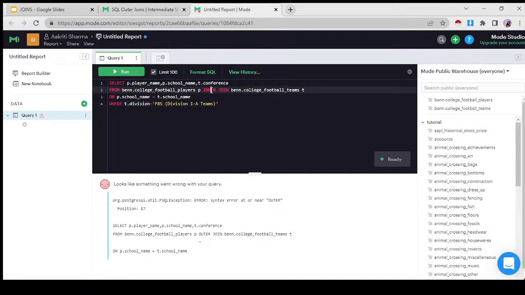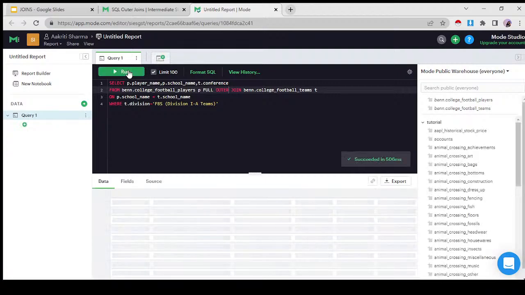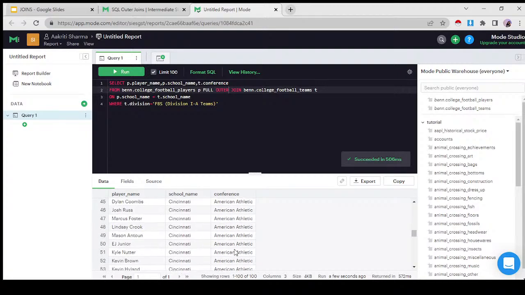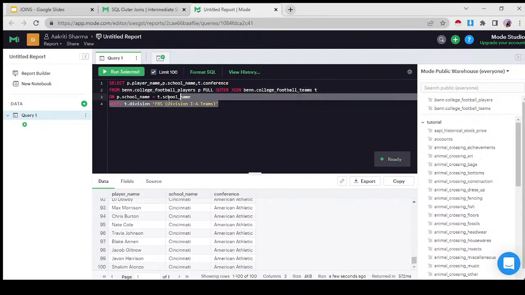Postgres does not have "outer", it says "full outer". So you need to give it the full outer part. I feel that's what was wrong. Okay, what outer join did is, it's still in this table, maybe you're not able to see, so I'll give it a condition just so you can see.